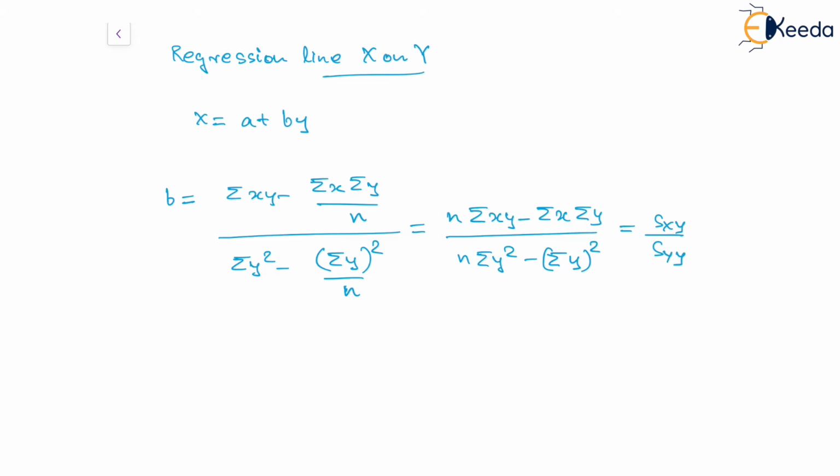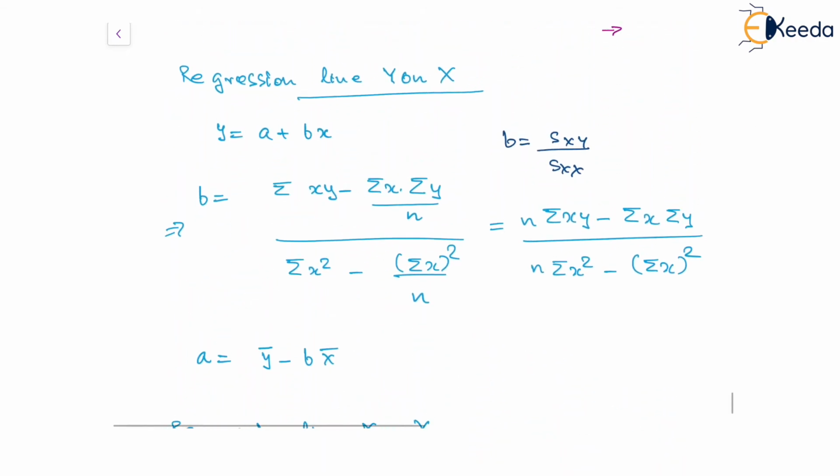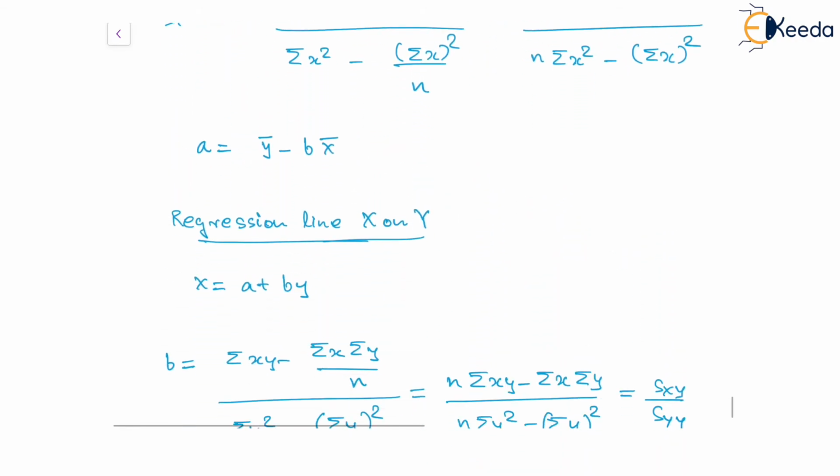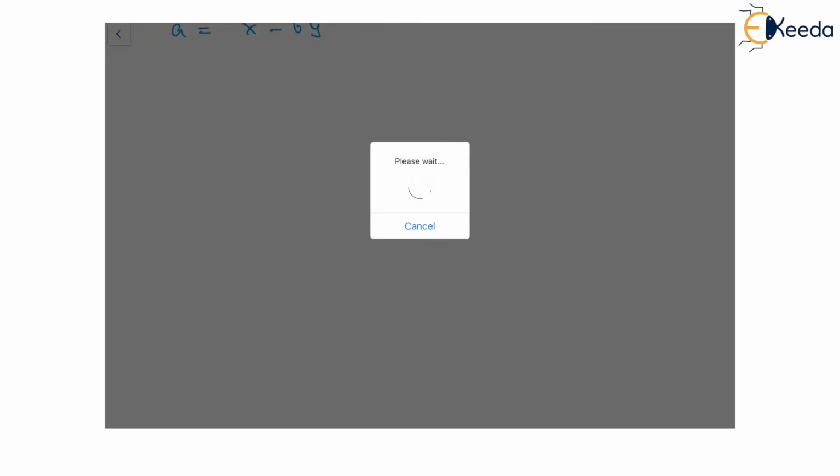The a will be given with the same formula, that is a equal to x mean minus b times of y mean. So we can say that x has been replaced by y in this case. So this is how we get the regression line of x on y and the regression line of y on x. Apart from this, some of the time we may come across the form of equation which is given in the form of, let's say,